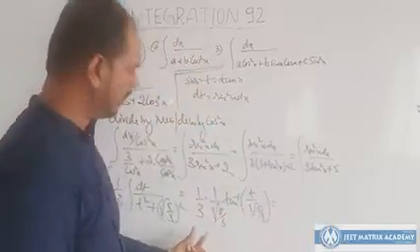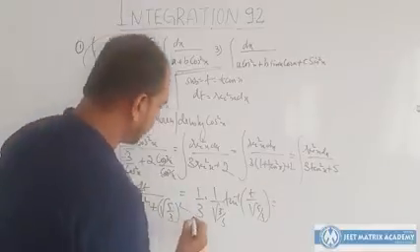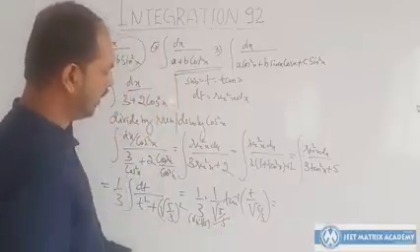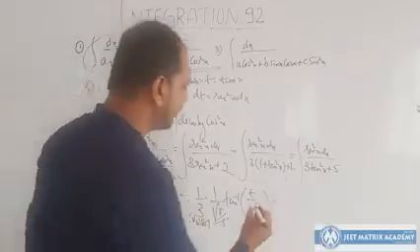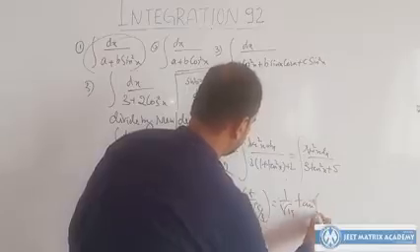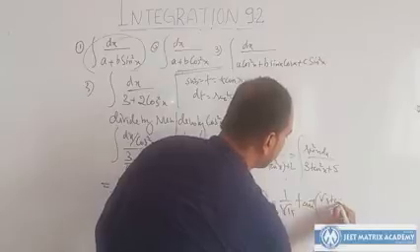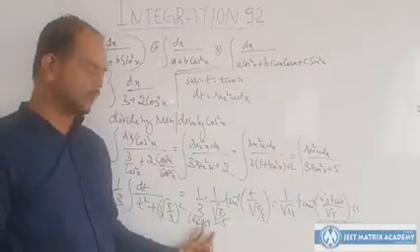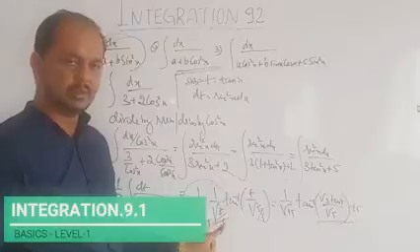Or you could simplify: this 3, I can write as root 3 into root 3. This root 3 gets cancelled with this root 3, so what is left is root 3 into root 5, that is root 15. So 1 by root 15, tan inverse of t, and t is tan x, so it is root 3 tan x by root 5, plus c. Very important, the steps you could note down. I replaced 3 by root 3 and root 3, so the root 3 in the denominator gets cancelled.